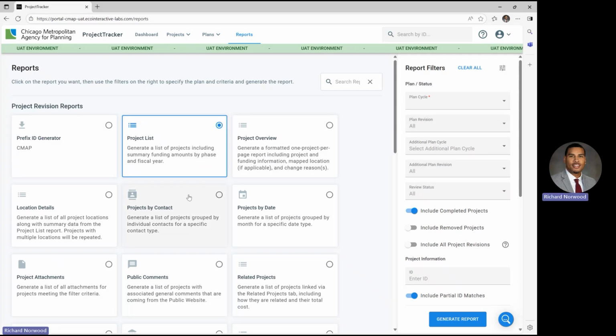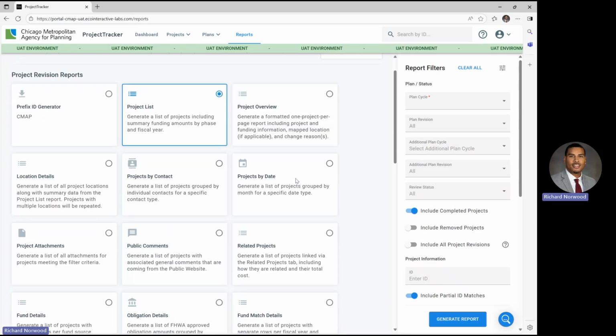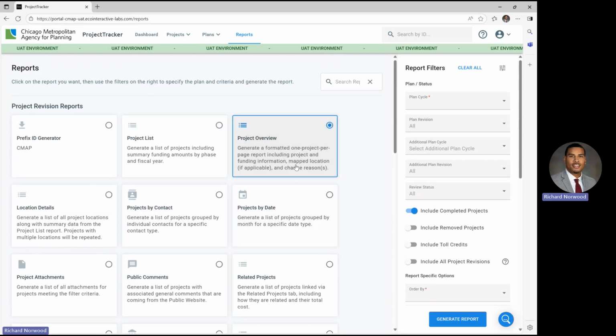We then have those reports that are like one page per project. For example, the project overview report, which is going to generate a deep dive into one project. So it's going to tell you everything about that project, the location, the funding information, the schedule, all that stuff,